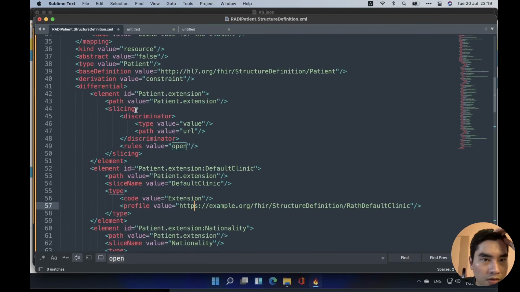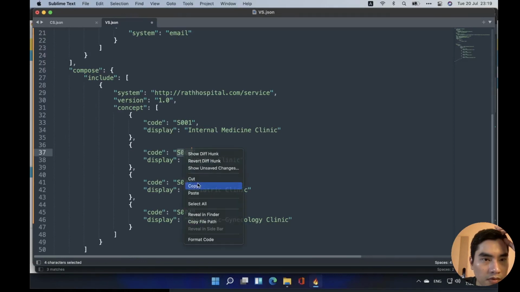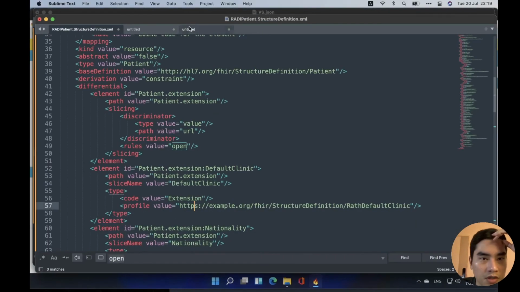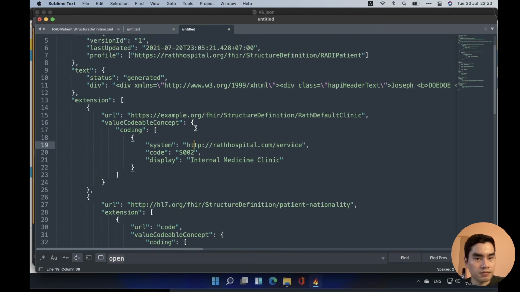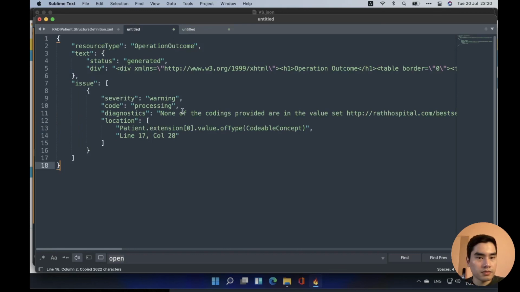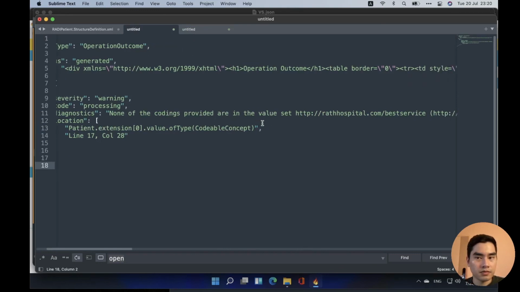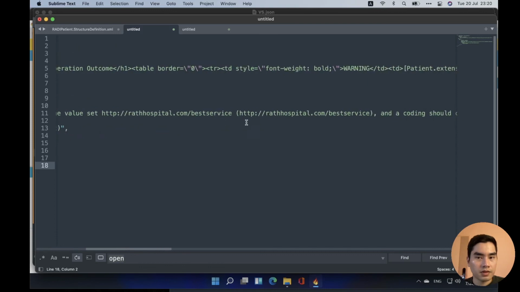Code. What is my code? Can we change it here? Coding. Yeah, why? I don't know why.